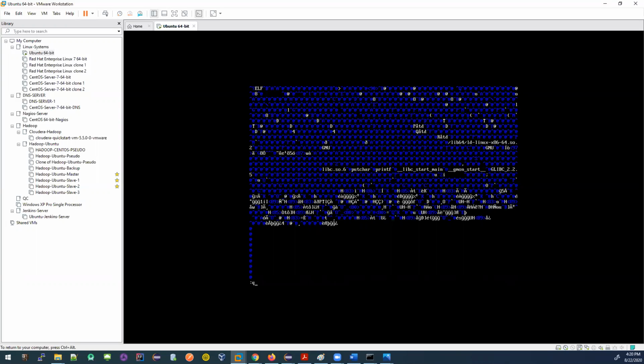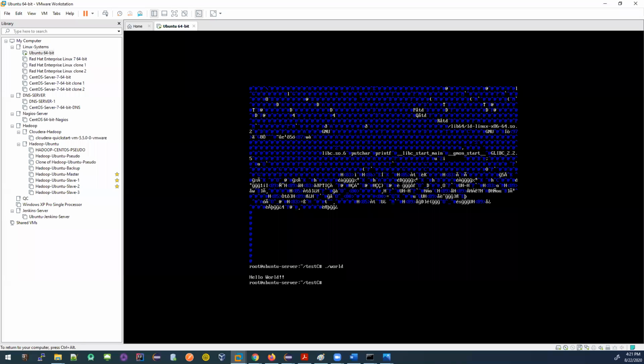So why do I need this? Because I cannot run my source code directly in a form that the machine can understand. I have to convert it to some other file. The compiler, the C programming compiler here, is helping me change the actual source code to something the machine will understand. Now, if I execute this file, see, what is it printing? Hello world.